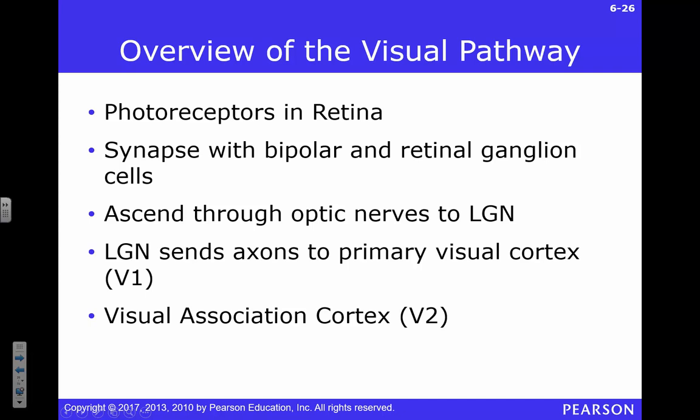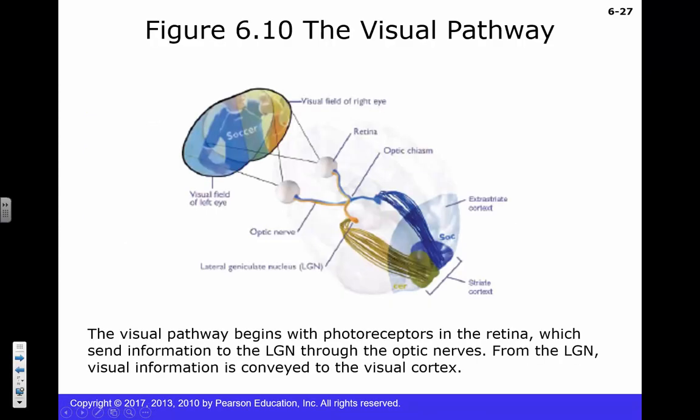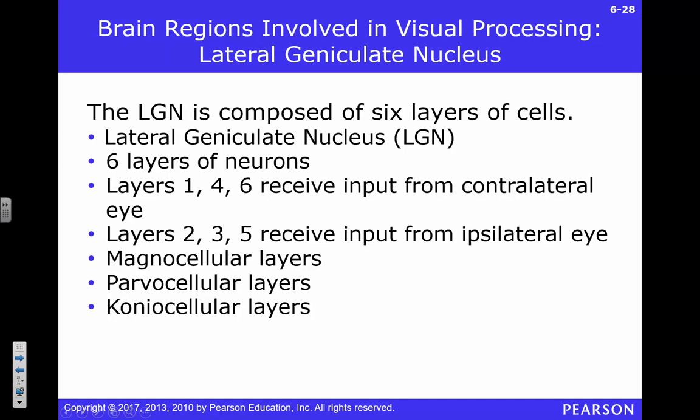All right, we talked about most of this. Once we leave primary visual cortex, we go to this other very creatively named area called V2, right? We sort of continue that process. There's V3, V4, V5, and so forth. We'll talk about those brain regions as we need to in just a few moments, because they all do some cool things. Don't worry about that side, it's basically the same thing you just saw.